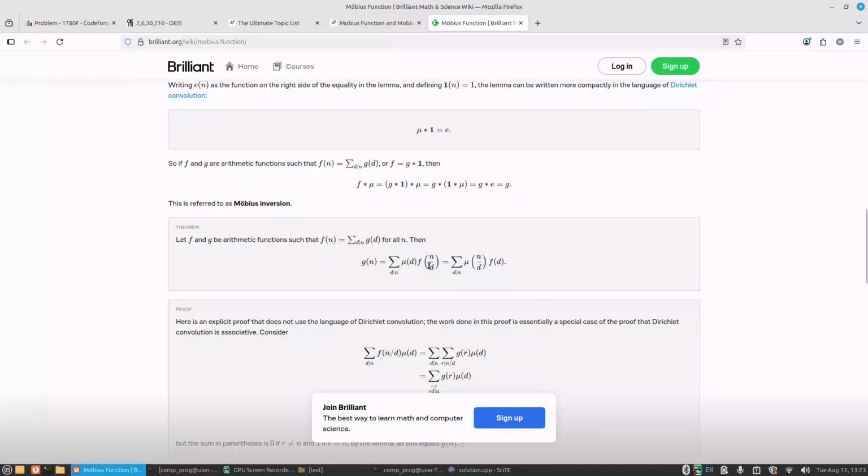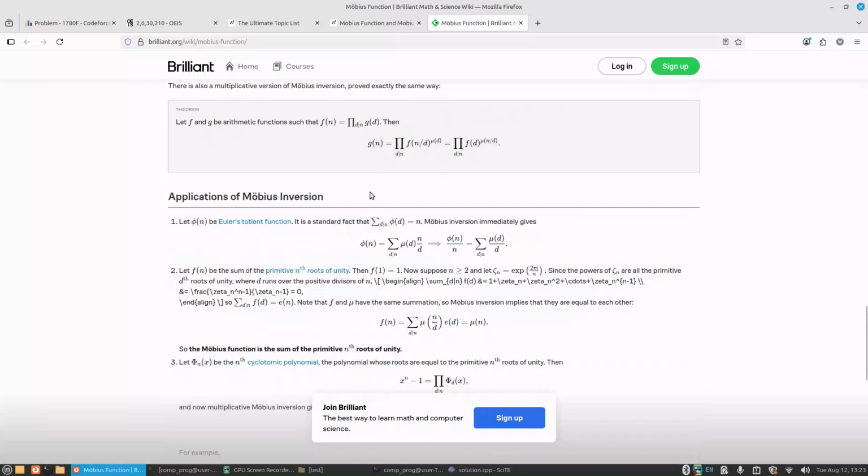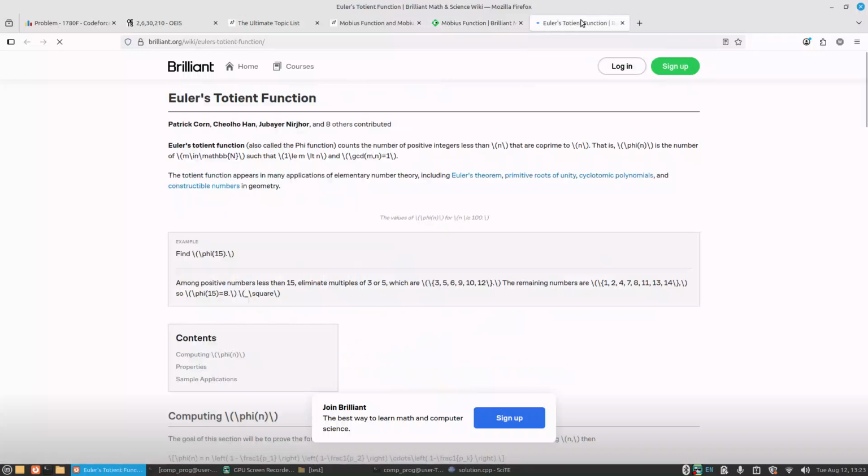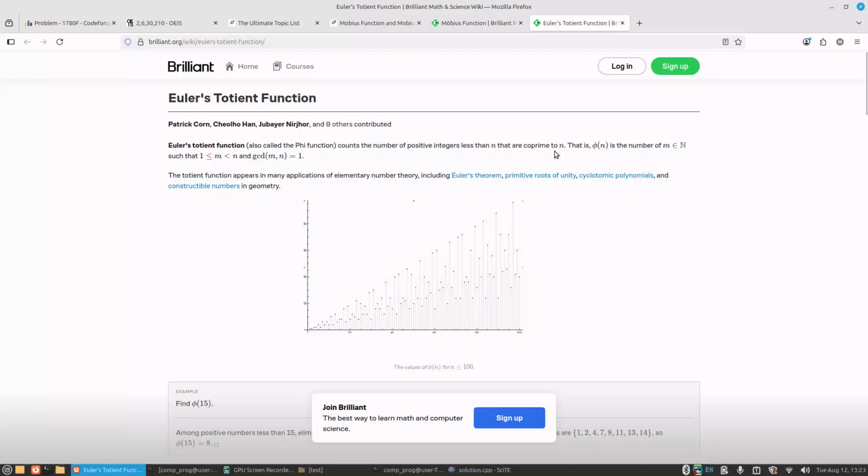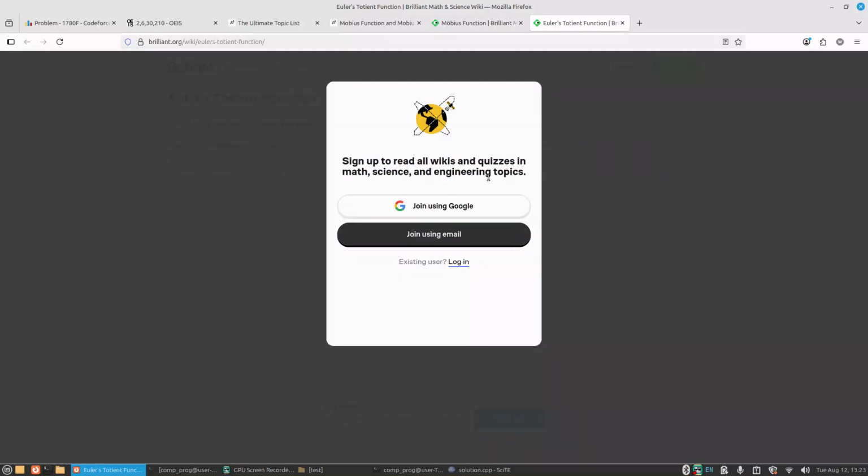This could be kind of what I want. I forgot what the totient function is. Oh, this is,